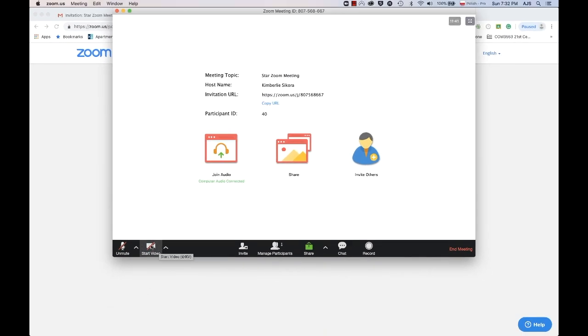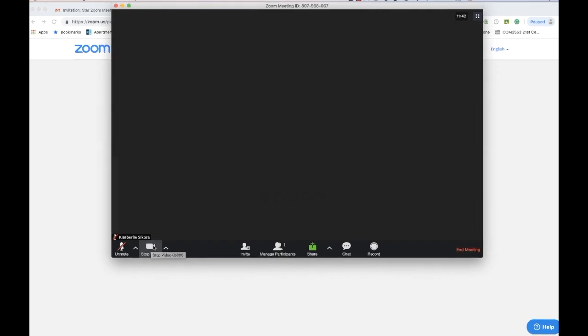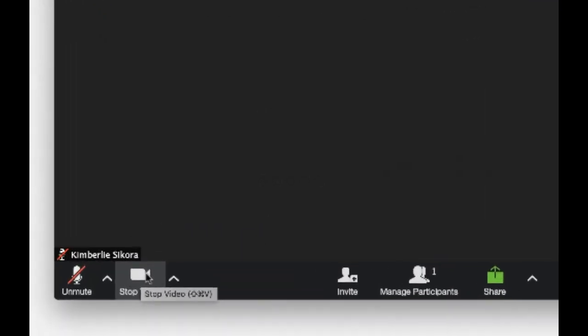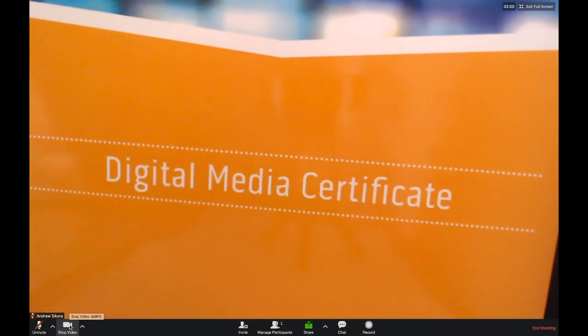To connect your video, click on the video camera icon on the bottom left of the window. This should automatically connect you to your computer camera. If you are using an external video device or the computer camera does not connect after you push the icon,